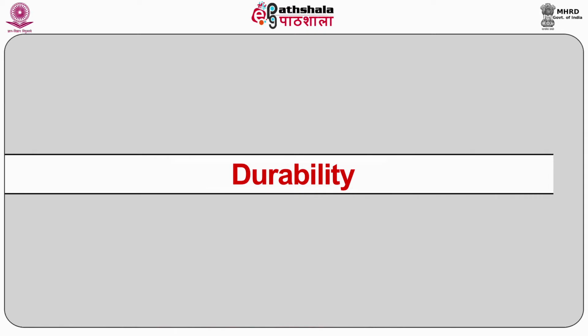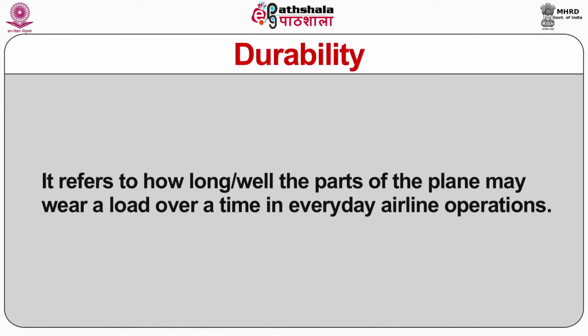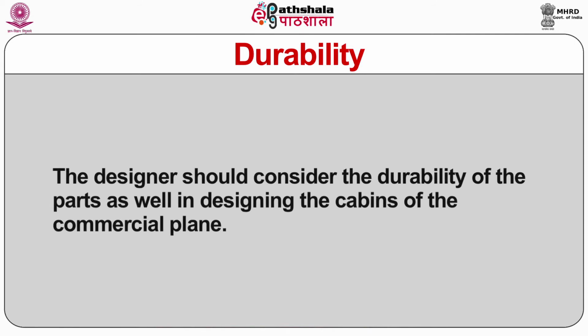Then the next is durability. It refers to how long or how well the parts of the plane may bear a load over time in everyday airline operations. The designer should consider the durability of the parts as well in designing the cabins of the commercial plane. The various factors included are color fastness to light, resistance to vibration, resistance to cracking,